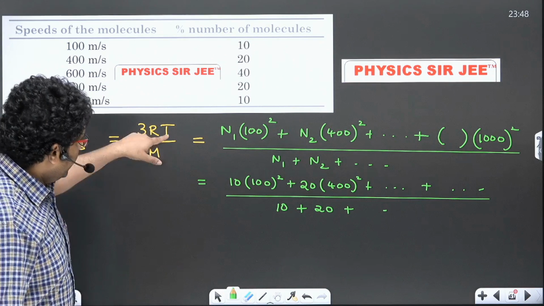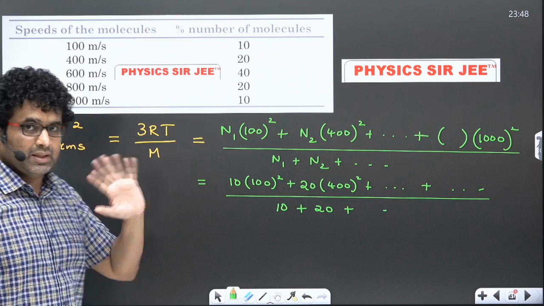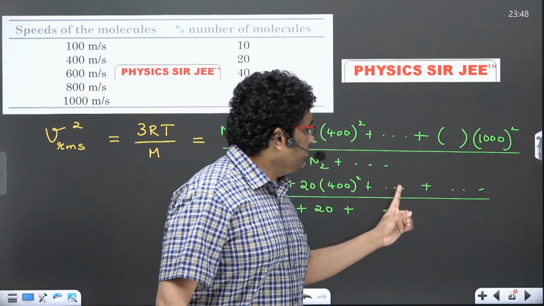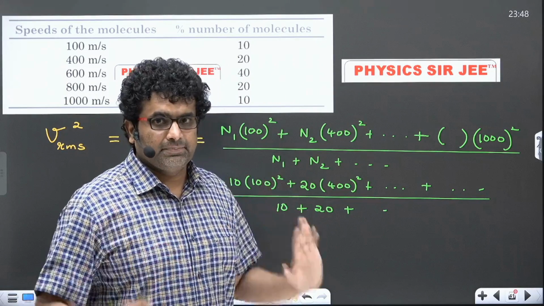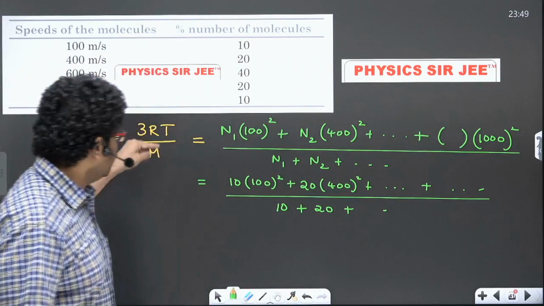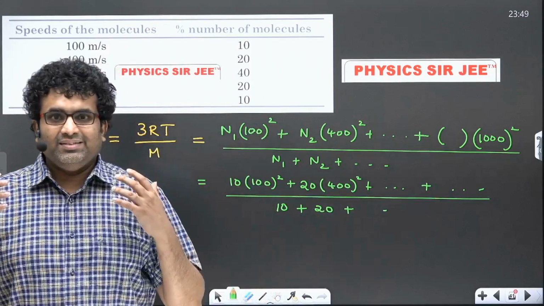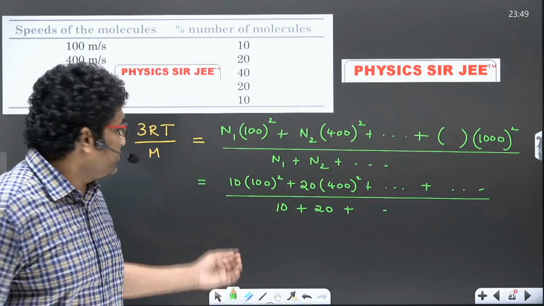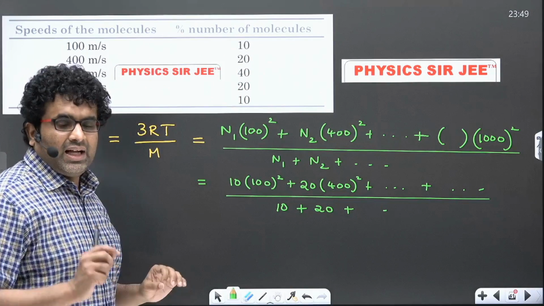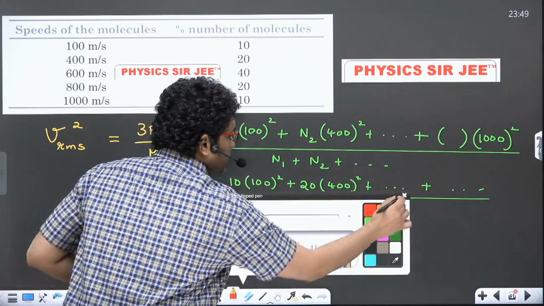So I'll write Ti and Tf, two terms on the left hand side, and I'll divide them so that my 3R by M gets cancelled. But what will I get here? For T final, one term in the numerator and one term in the denominator would be missing. Not only that, since you are anyway going to divide these fractions for Ti and Tf, in the exam, I don't think you should be stretching yourself to solve this actual hundreds of squares and all. Because you are anyway going to divide, I will be smart enough to remove all the extra zeros and replace those numbers for the ratio only.